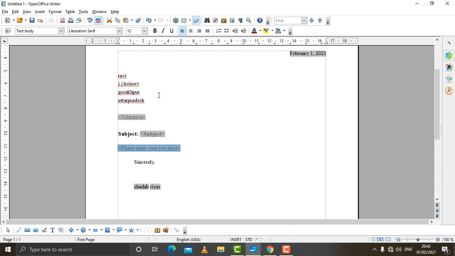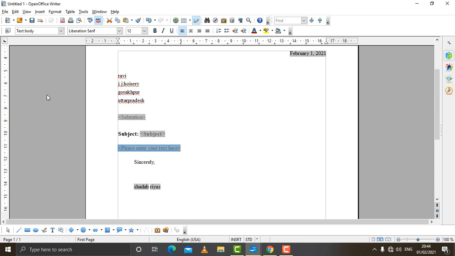You can do one more thing. Suppose you have a document and you want to convert that document into a template, or you want to create your own template, that also can be done, and that is done very easily. In order to create a template, what we can do is either open a document which is already saved, or you can create a new document and you can save it as a template.